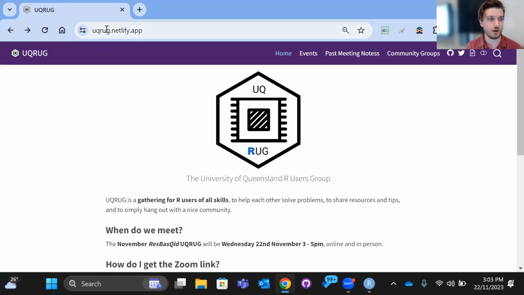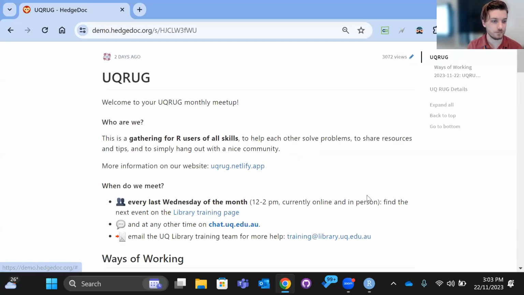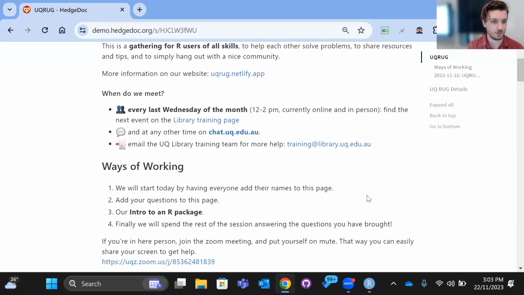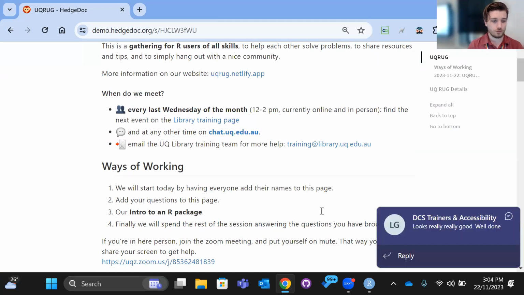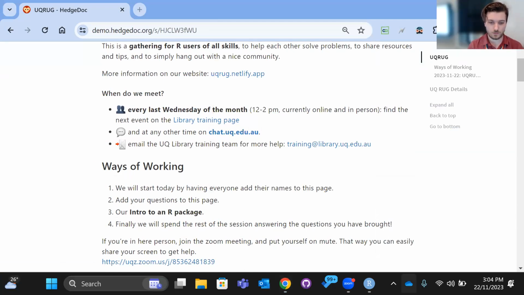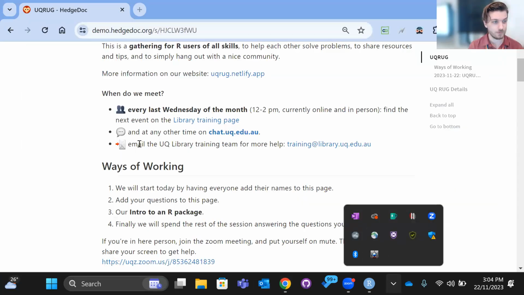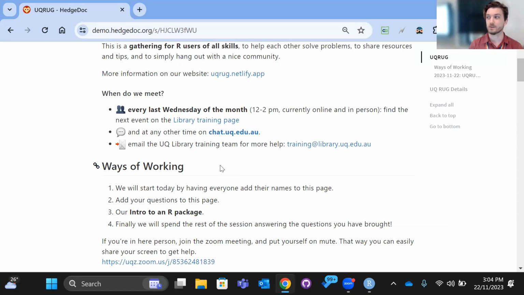So that's uqrug.netlify.app, and then click this little document guy here. And you can see uqrug.netlify.app here again. If you want to connect through, I'm just going to turn off Teams, otherwise that will keep happening. Sneak preview of the ResBaz organizers chat there.